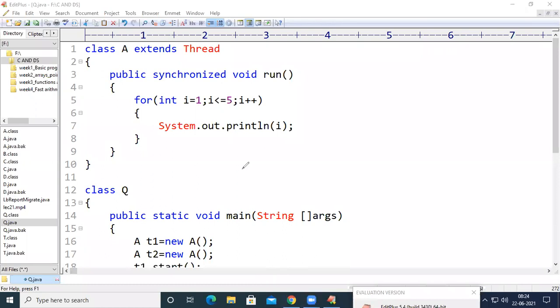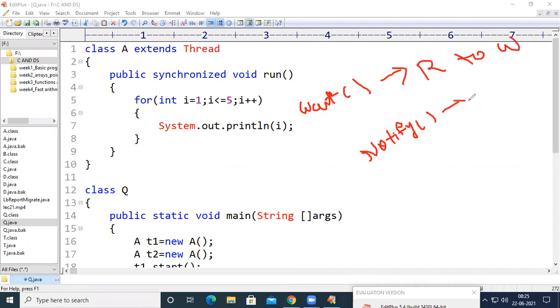We have to use a method called wait. And in order to bring back the thread from waiting state to ready state, we can use notify. Wait moves the thread from running to waiting state, and notify moves the thread from waiting to ready state.